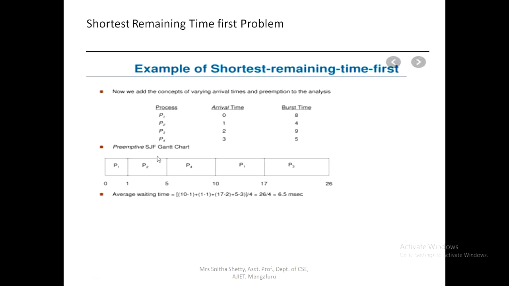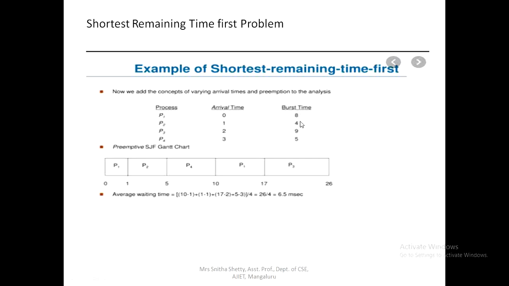So assume when time is 2. Here it is actually not shown, but just recall that. When time is 2, P2 will complete its 1 clock cycle. So that time the 4 will reduce to 3, right? So 8 is reduced to 7, and 4 is reduced to 3. Now this is 7 and 3.